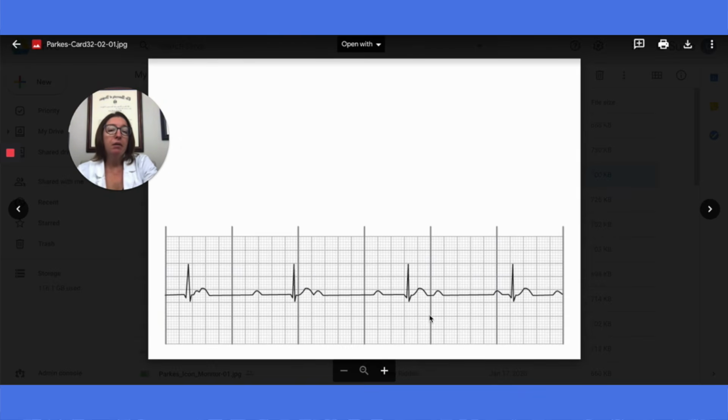And then with my dysfunctional couple analogy, again, the woman's the P wave and the guy is the QRS complex. They're living in the same home, but they are not dealing with each other. So she comes and goes as she pleases. He comes and goes as he pleases. There is no communication or association between the man and the woman. They're just living in the same house, but really have no relationship at all.